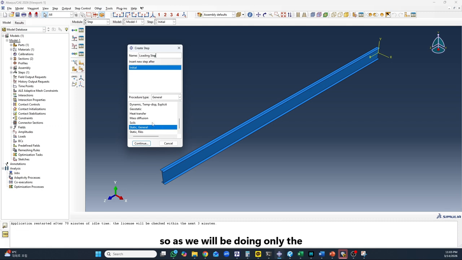So as we will be doing only the deflection analysis, for that we are going to use the general static one. If you want to do the dynamic analysis, you can use the dynamic implicit and explicit, but that depends on the analysis you want to do. So for now I'm going to select the static general. Okay,